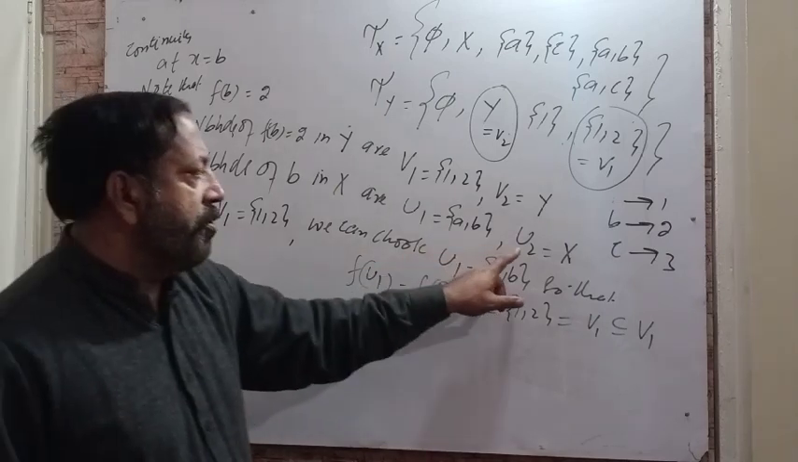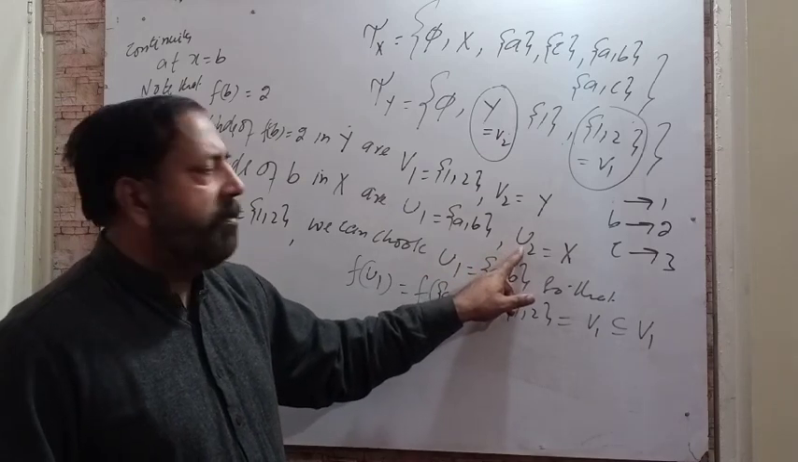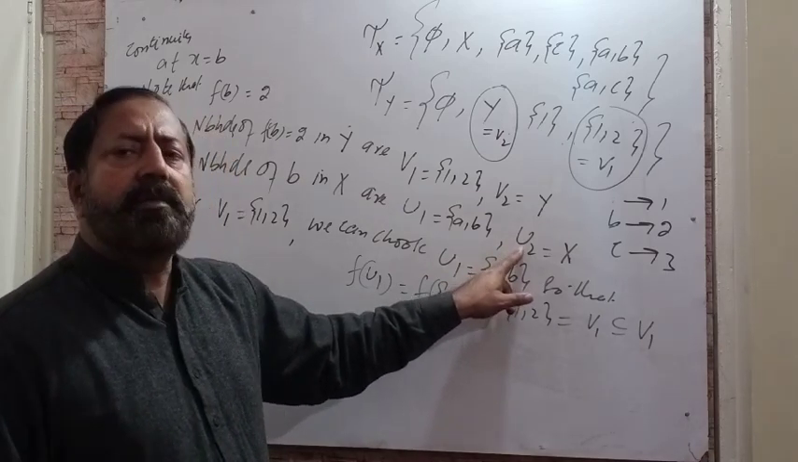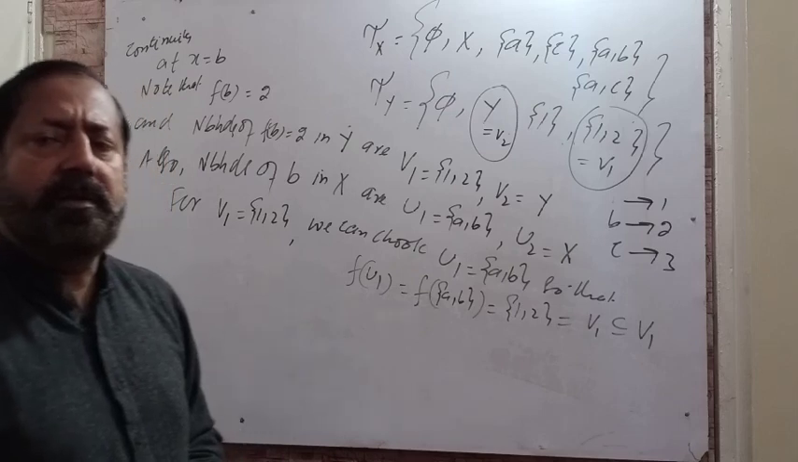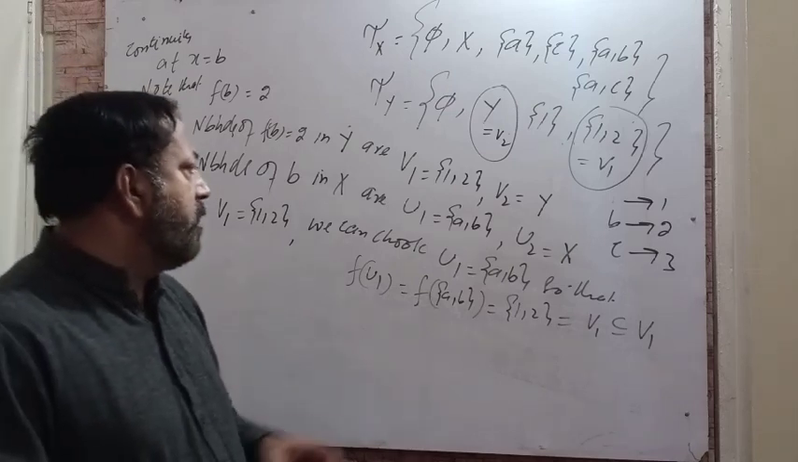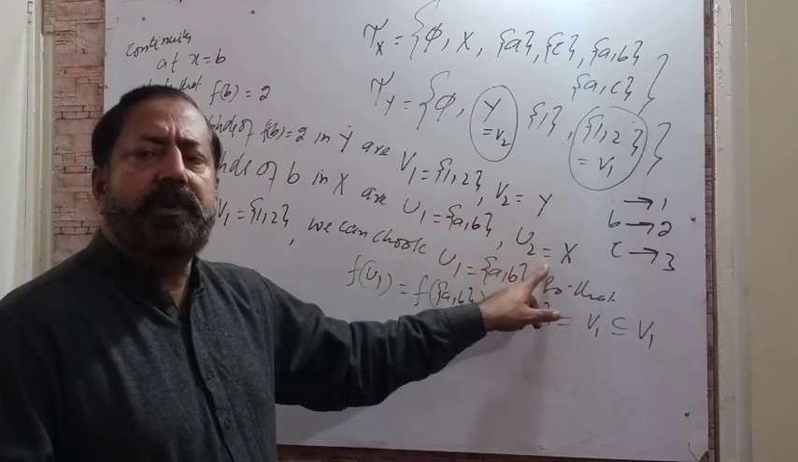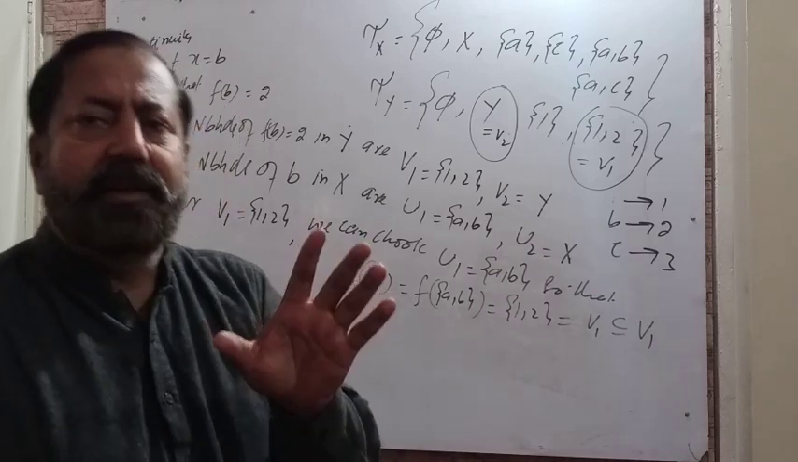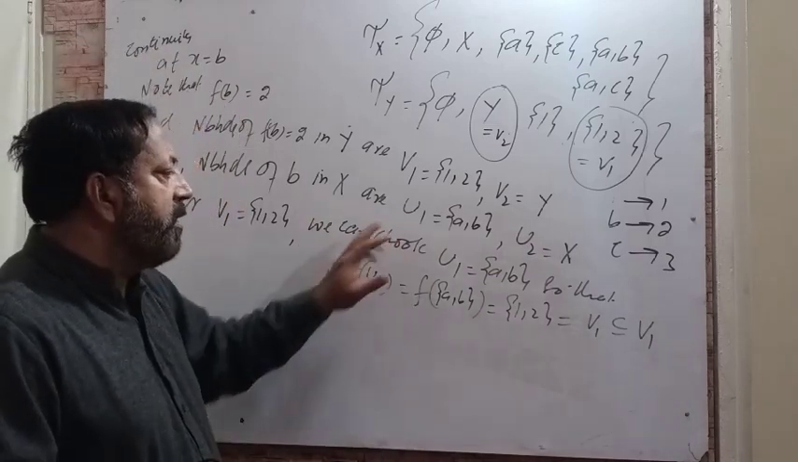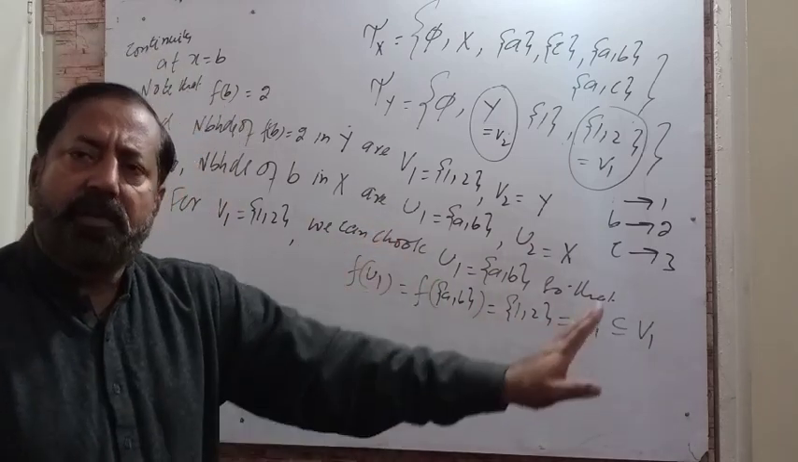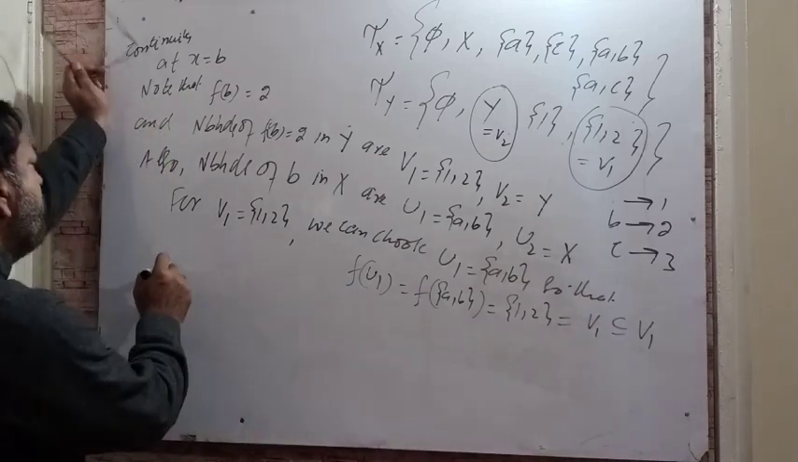Yes, the definition is satisfied. You cannot choose U2, because U2 is not surviving. Anyways, we do not require all the neighborhoods. We require just one. So that's why you have U1. That's why the definition is satisfied. Now leave this. Now for V2,